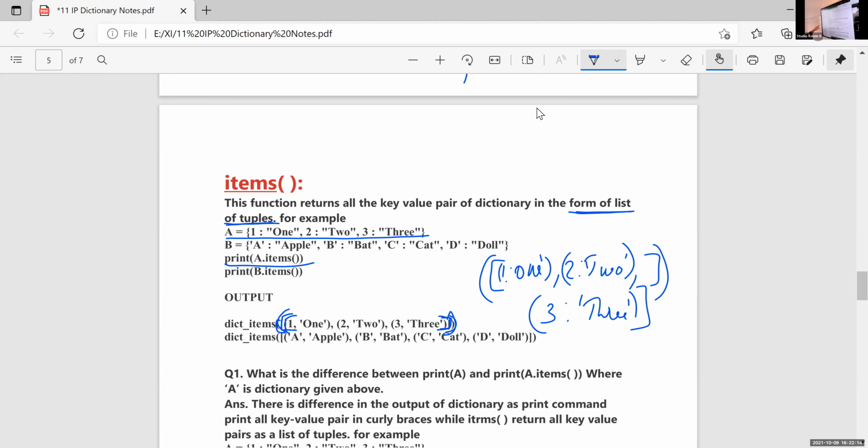So this items is a built-in function to display all the items from this dictionary. You just type all these statements in your Python interpreter. Okay, especially these items. You just check what is the output. All these functions are very important for this term exam. The main things we learn in this term are list and dictionary, and according to that, so many built-in functions are there. So almost all the questions are related to these built-in functions.